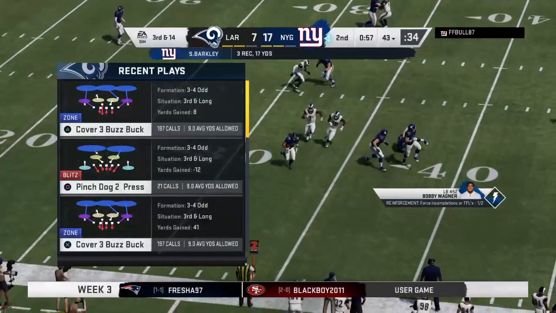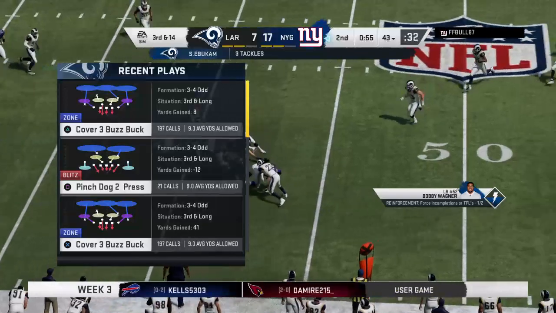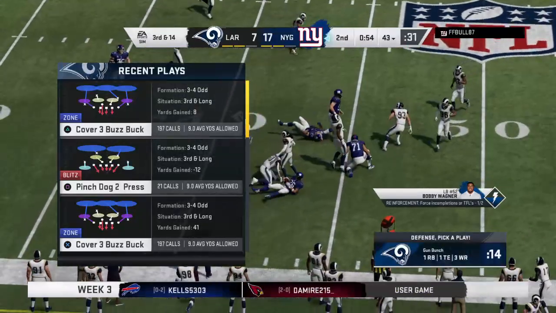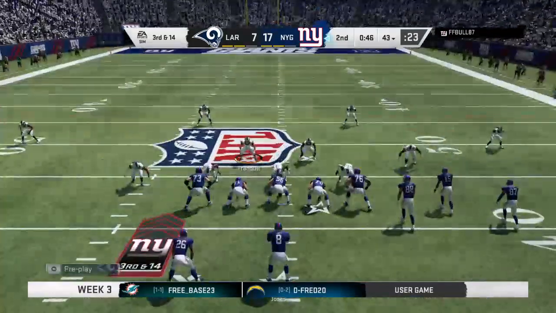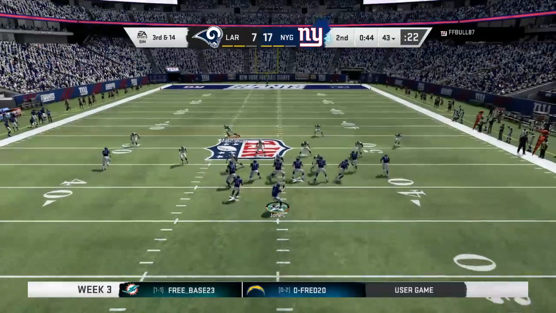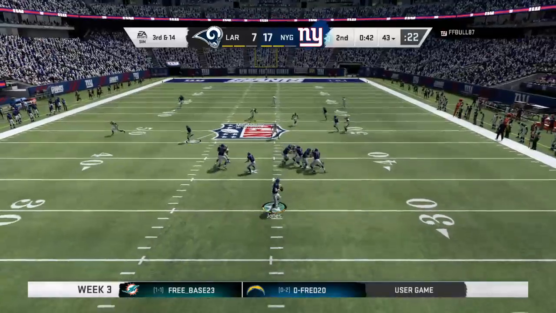For a second there, I thought that might break big. Screen pass. Looked like it was coming together. Looked like there was an opening. Still, ended up with a solid game. The Giants on 3rd down. They've converted 3 out of 5 thus far. This is 3rd and